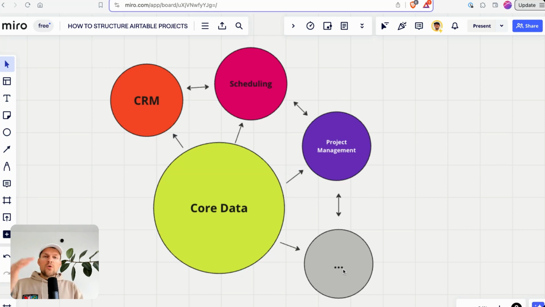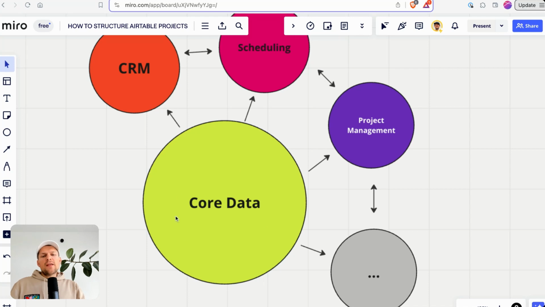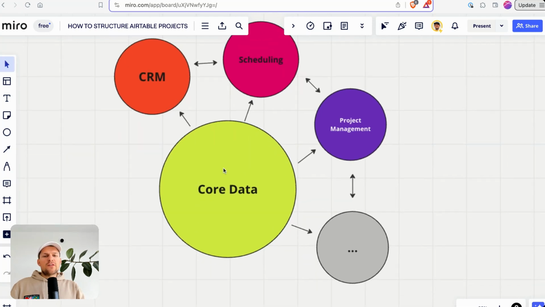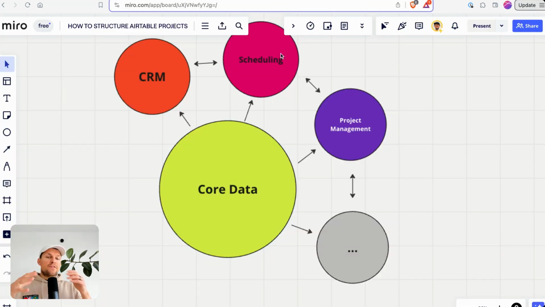And there could be many, many more use cases, of course, added to this. And then at the core of this, I have core data. Core data is data that is referenced by almost any of those use cases. So in our case, this would be client data, right? Or companies. That is stuff that we're referencing at multiple points, and it makes sense to organize that data in a central place and call it core data, so anyone knows